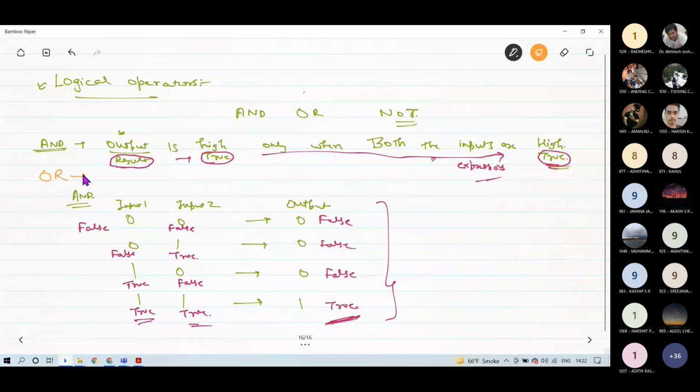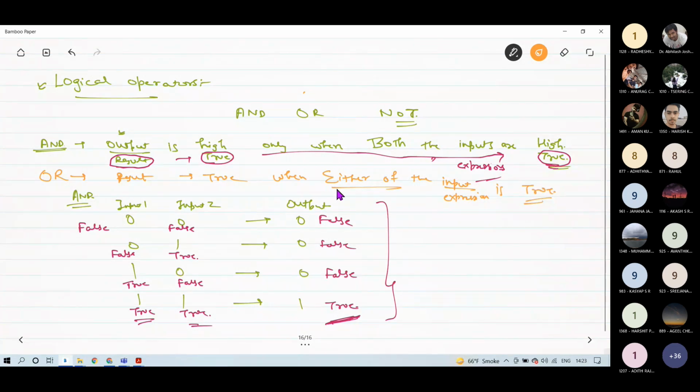OR operation says that the output, or you can say result, is high or true only when, okay, the result is true when either of the inputs, or you can say expressions, is true.